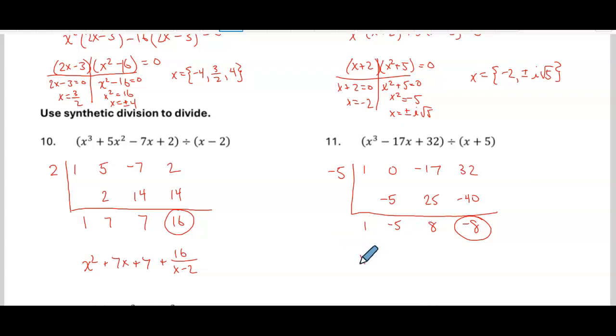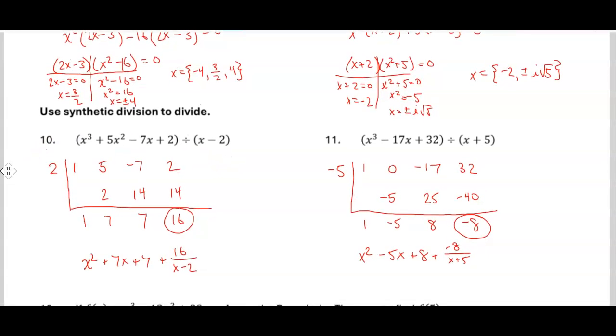So we're starting with x squared, then minus 5x, then plus 8, and, well, we could do plus negative 8 over x plus 5, or if you wanted to, you could just write a minus there and make it 8. As long as there's a minus one place or the other, just not both. All right, so there is your synthetic division. All right, last thing on this page